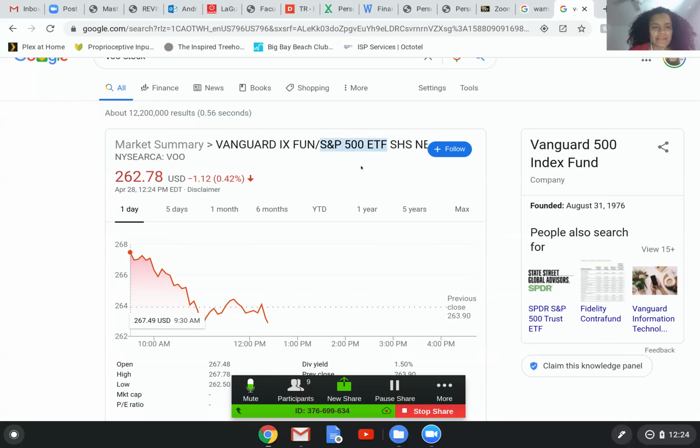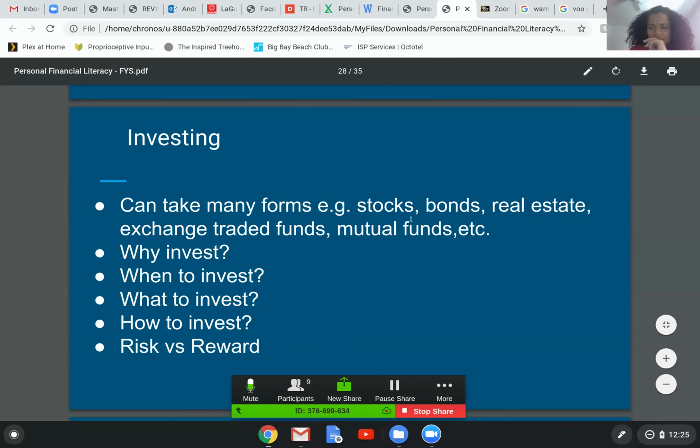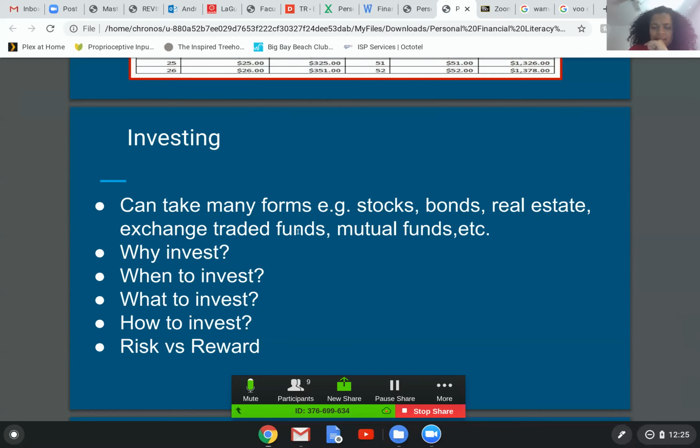So instead, I'm going to let somebody else do the work for me, and I'm just going to track what's happening in the market. And so do you see how over time, I know that everything went kind of sideways now because of COVID-19, but over time, these things are going up because the market is going up, right? So you can invest and you can benefit from investing in a fund that is just tracking the market, so that you don't have to sit and study up every single stock available.